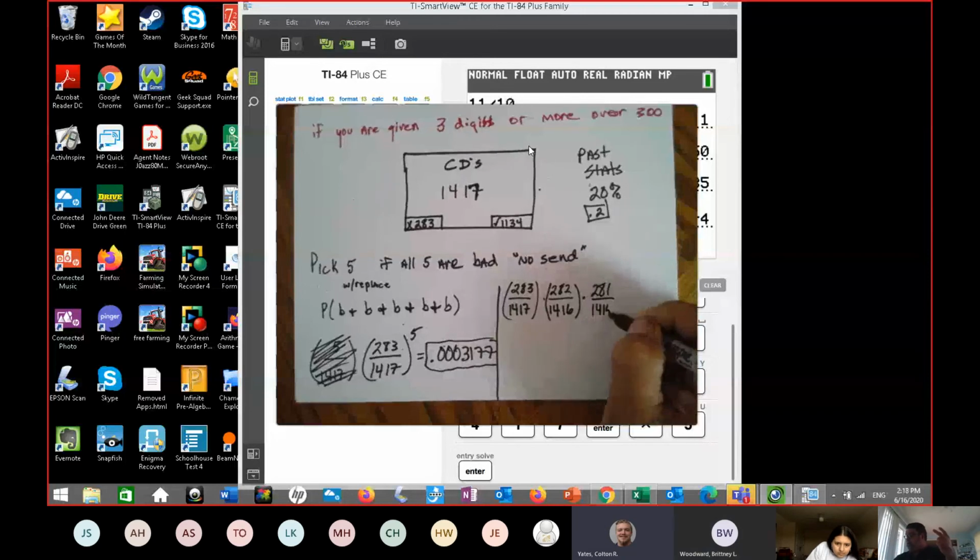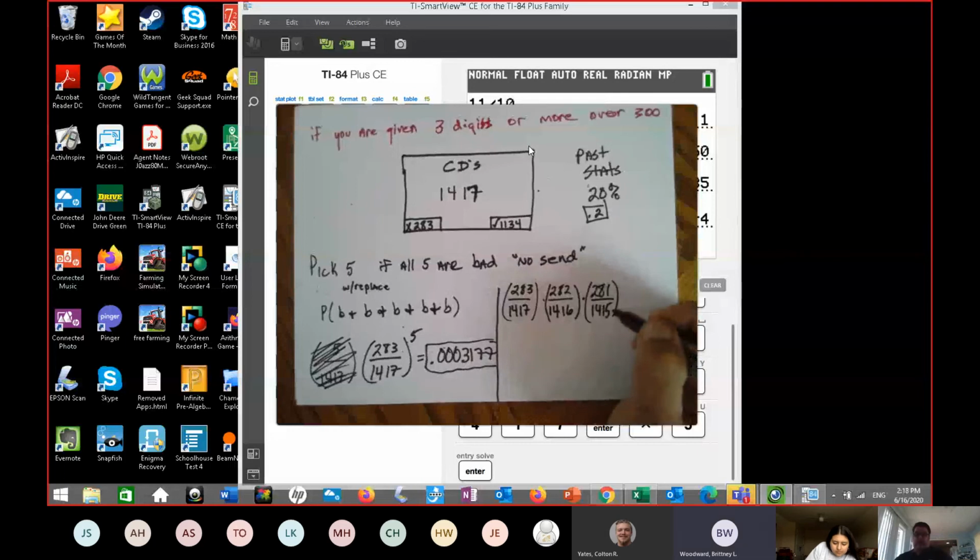Good job. Now I got 3 in my hand. I can't hold 3 fingers up good, so I have to hold it up like that. So the next one's going to be 280 over 1414, and the last 279 out of